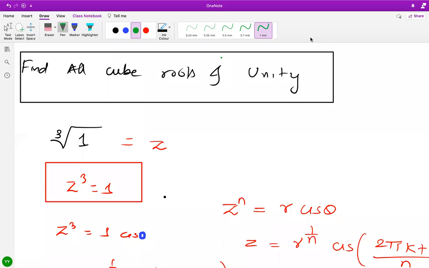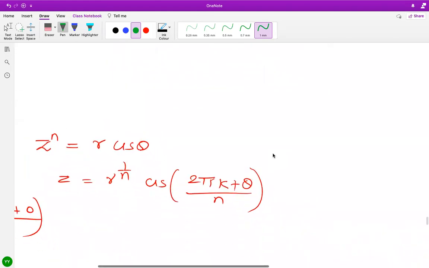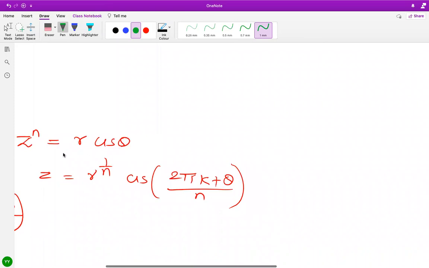This session is about the cube roots of unity. Now, if you want to do this concept, you must know the nth root of any complex number concept. And this I have covered in my earlier video, which is, if I have a complex number